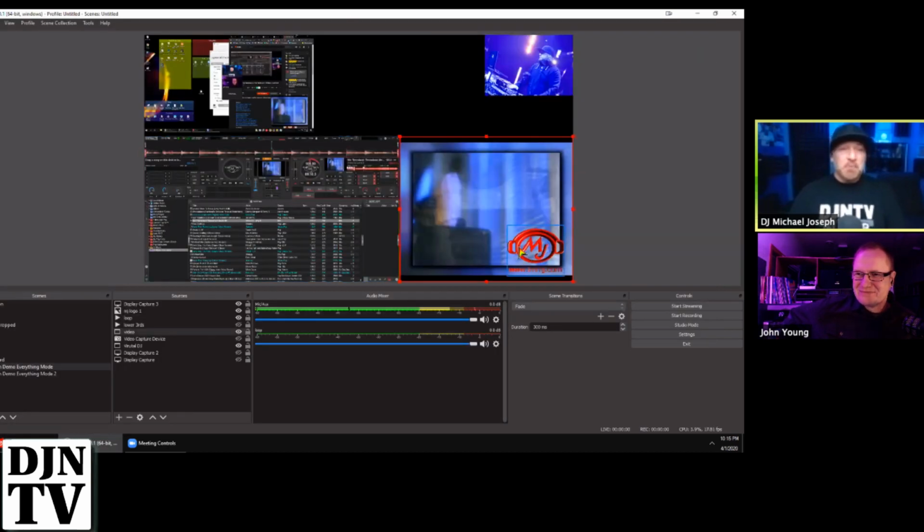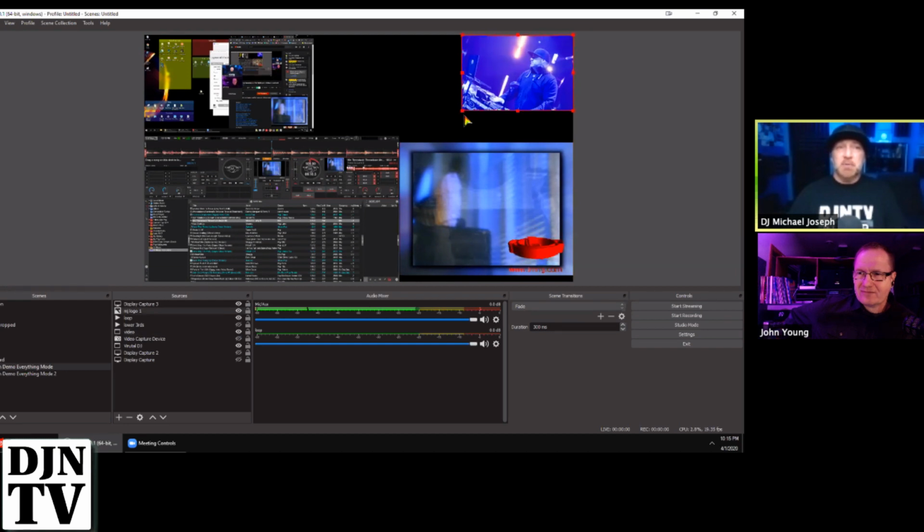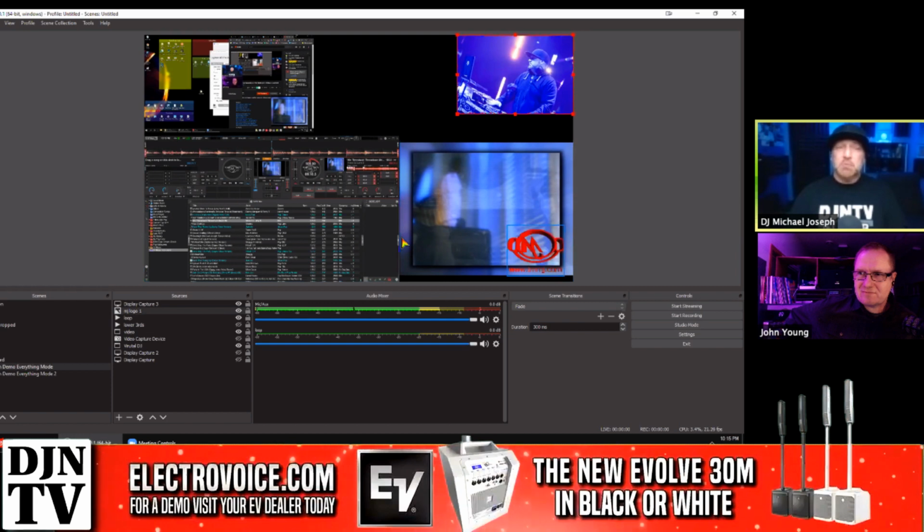In the bottom right-hand corner here is nothing but a GIF in loop mode. So you can do pictures, which this up here is just a picture. So you can put pictures on the screen, video on the screen. Well, that's a captured video, a GIF looping, and you can do a video looping because I have the lower thirds turned off. Now, this is a video. I have several different ones.